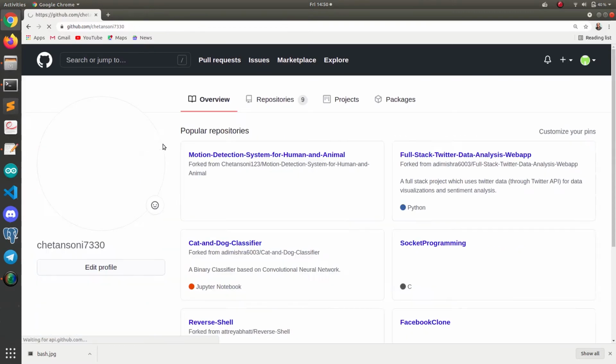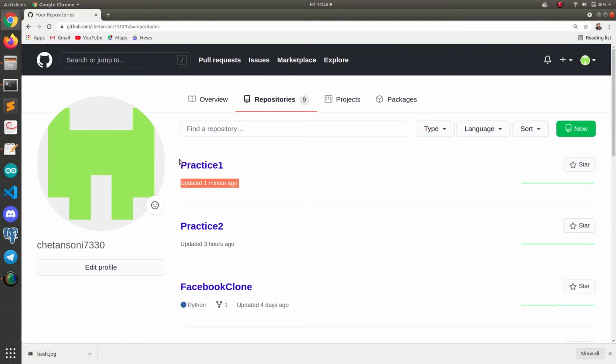Basically, I am using these two repositories, practice1 and practice2. I am going to create a shell script, write some git commands there, and push the hello.txt file to each of these repositories at the same time. By running those commands a single time, I will push the hello.txt file to practice1 as well as practice2, just by writing one command, which is to run the file.